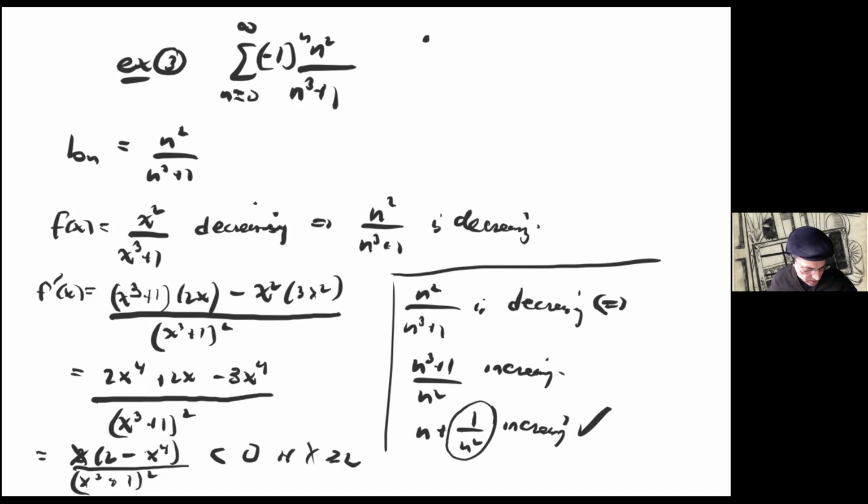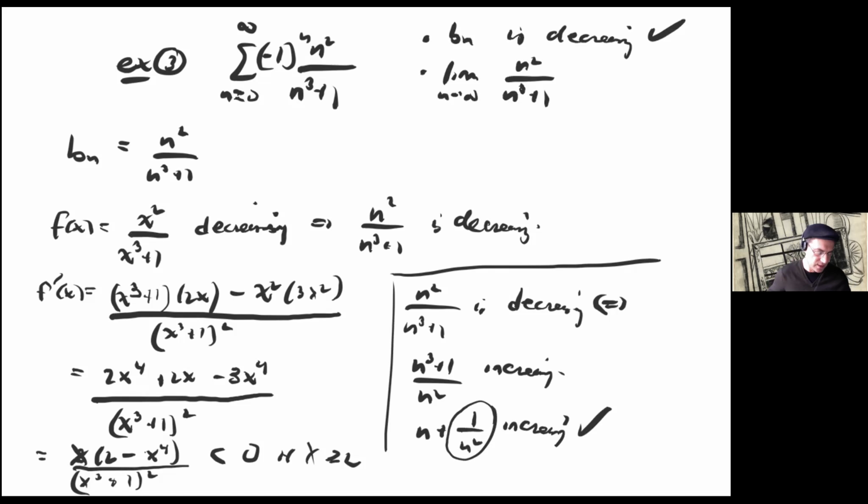So we've checked the first condition of the alternating series test: b sub n is decreasing, or at least non-increasing. The second thing we need to know is the limit as n goes to infinity of n squared over n cubed plus 1. We have to compute it. This is a standard limit calculation: dividing numerator and denominator by n cubed, you get 1 over n on the top and 1 plus 1 over n cubed on the bottom, and this limit is 0. So this also checks out. So therefore, the series converges